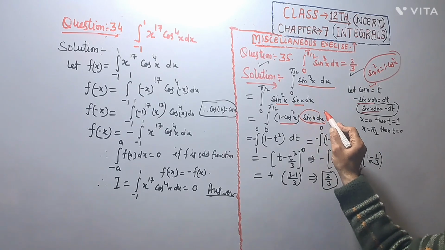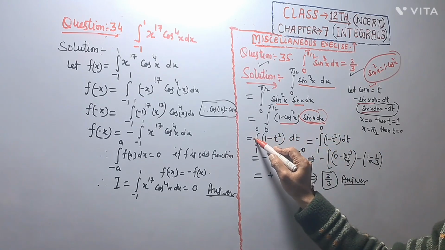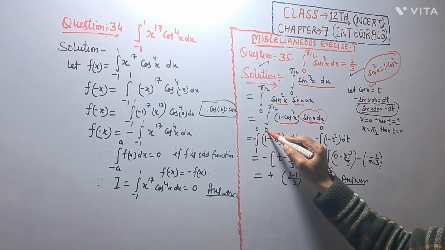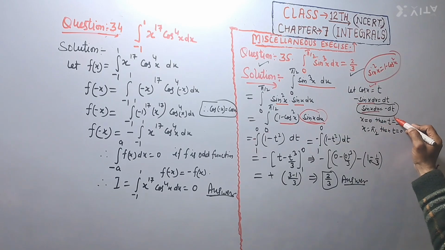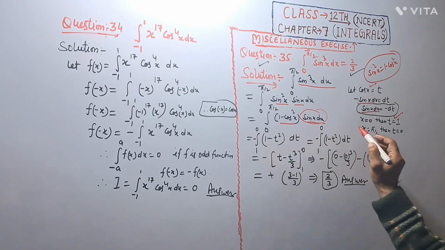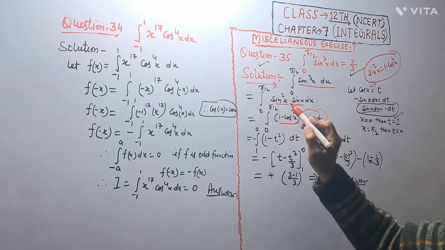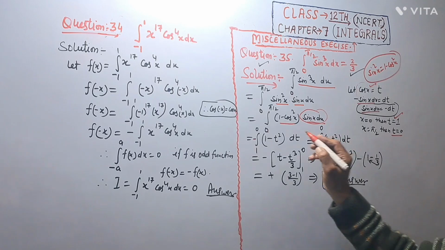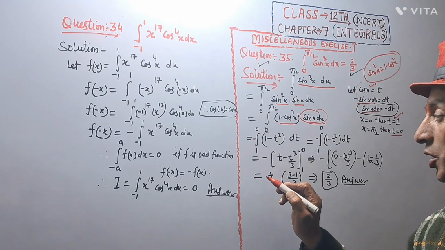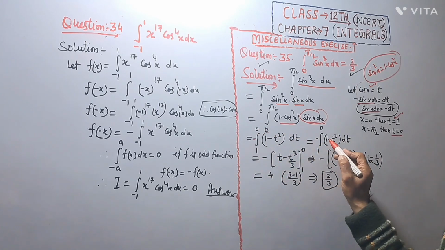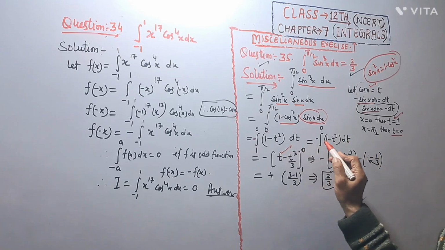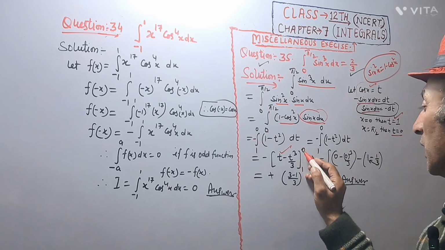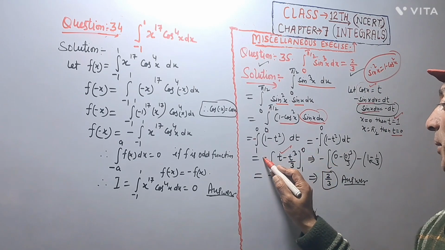We put sin x dx is equal to minus dt, and minus is out of the integration. For the integral limits, when x is equal to 0, then cos 0 is equal to 1, so t is 1, and when x is equal to pi by 2, then cos pi by 2 is equal to 0, and t is equal to 0. The limits are 1 to 0, integration of 1 with dt is t, and t square integration is t raised to power 3 upon 3, with limits 1 to 0, minus times.